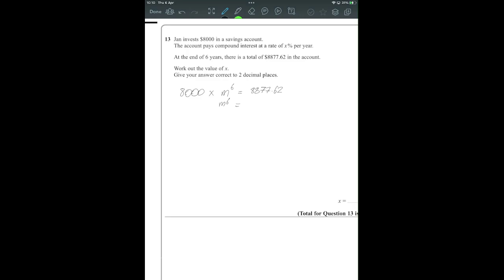And that will give me my multiplier to the power of 6. And then we're going to have to use the 6th root. So we have to use the calculator button, which looks like that, to put a 6 as our root and our answer as the other value, and that comes out as